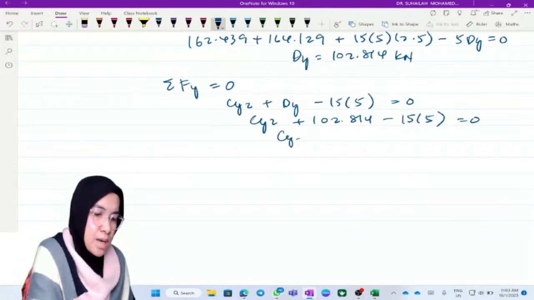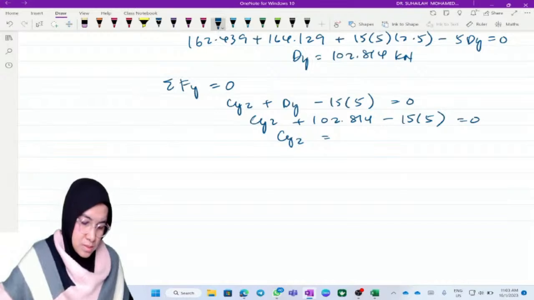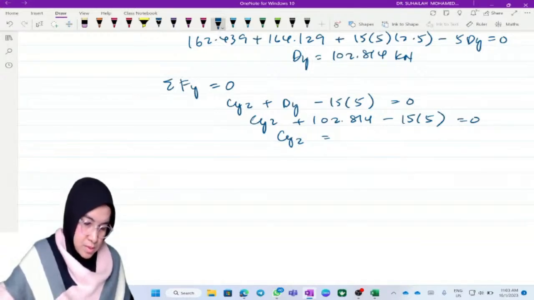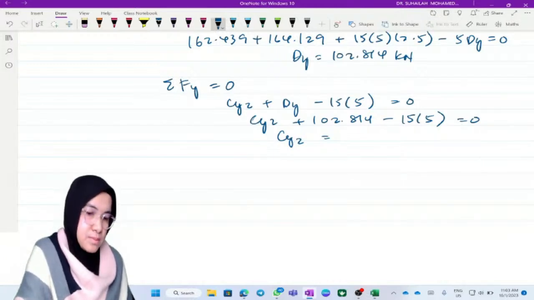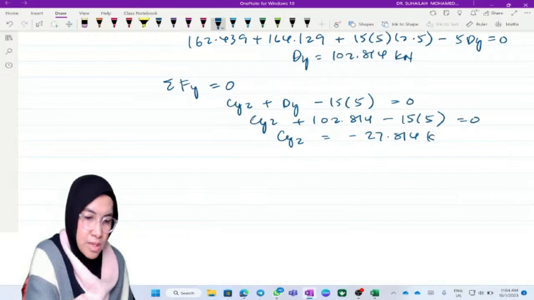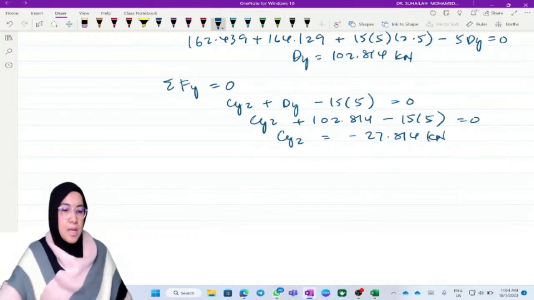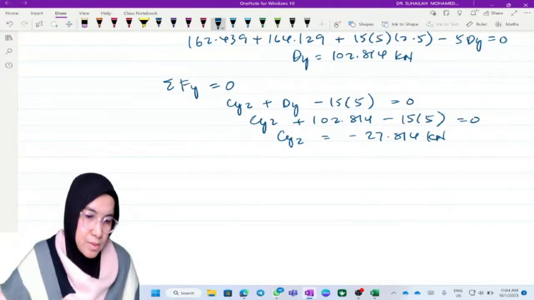So CY2 is equal to negative 27.814 kilonewton. Negative 27.814 kilonewton. Okay,